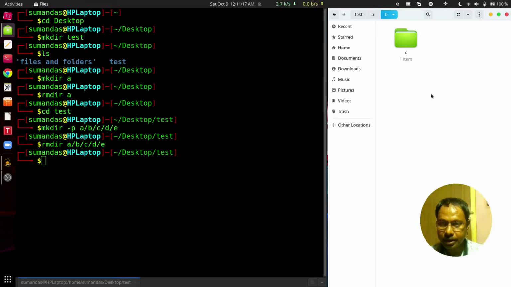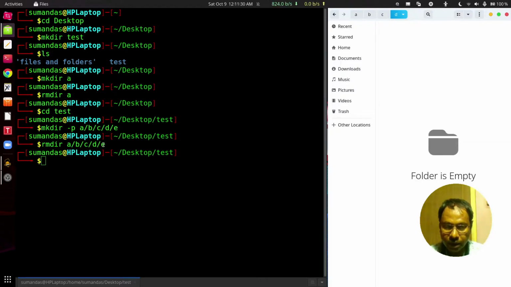Under directory B, the C directory is present, and under C, the D is present. Under D, the E is now removed. That means when we are giving rmdir to remove any directory structure, the last directory E has been removed, but not the complete directory structure.